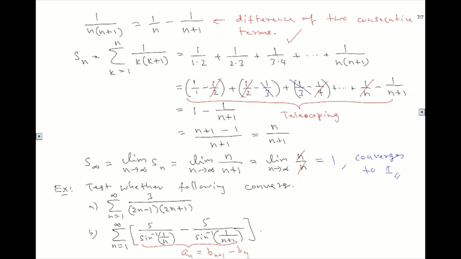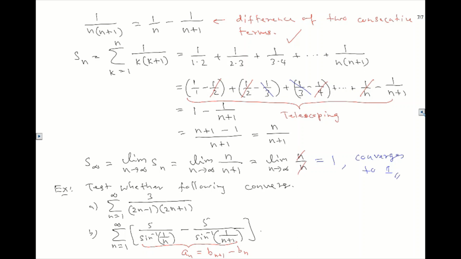Now let's look at what we call the nth term test for divergence. That's a very important test. So now we test two types, and we still have one more type. What we're going to try to do is test whether a series